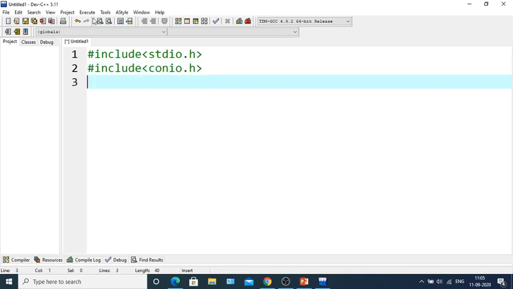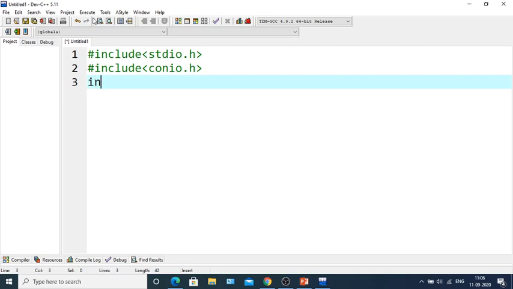Basically, stdio.h means standard input output and conio.h means console input output. These header files are required because library functions like printf and scanf are defined within these header files. To use those library functions, we must include these header files.